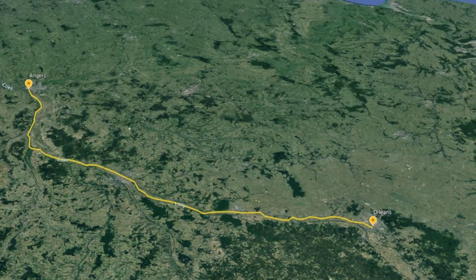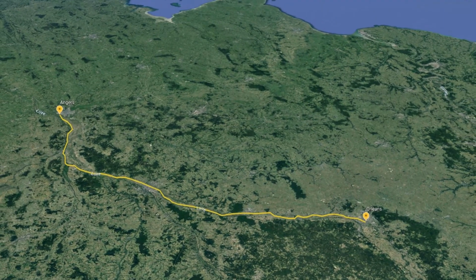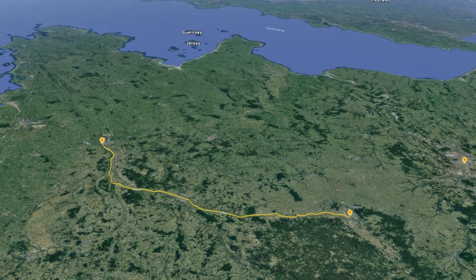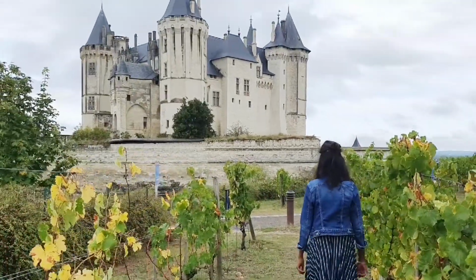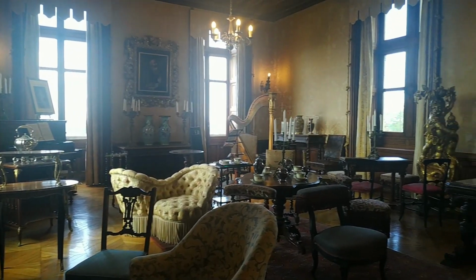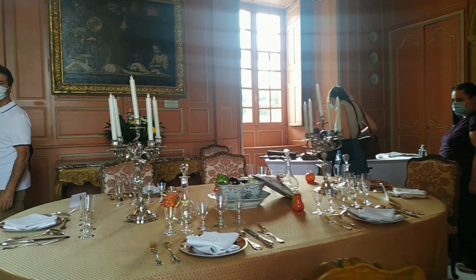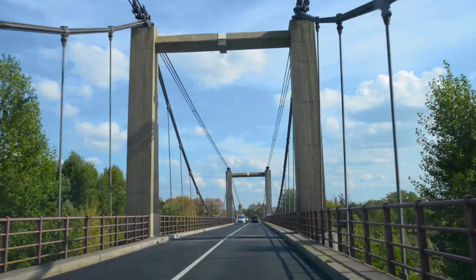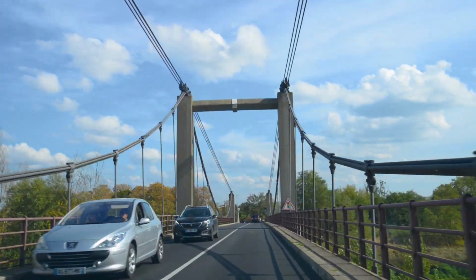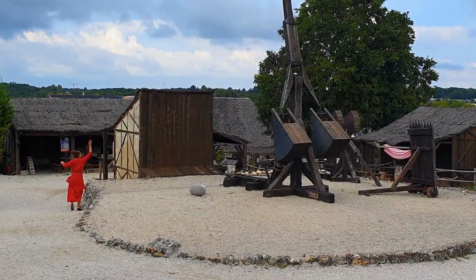The Loire Valley is located in central France, in the middle part of the Loire River, and it spans about 300 kilometers from Orléans to Angers. The valley is most famous for its architectural heritage and especially its chateaux. The valley is home to over 300 chateaux from different historical periods, from medieval fortress to late Renaissance countryside manor